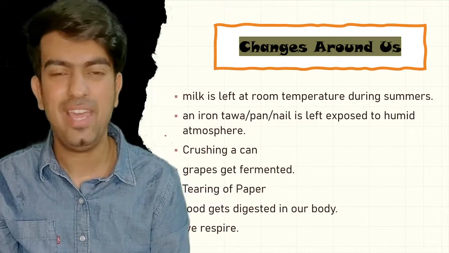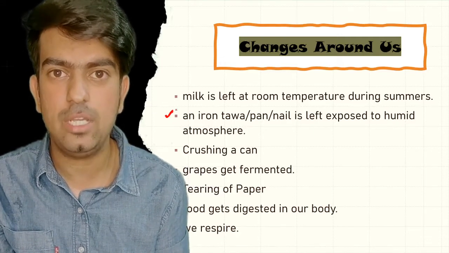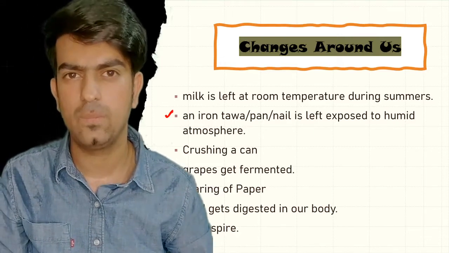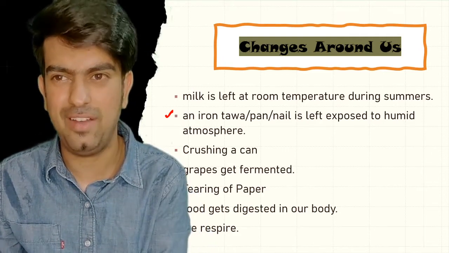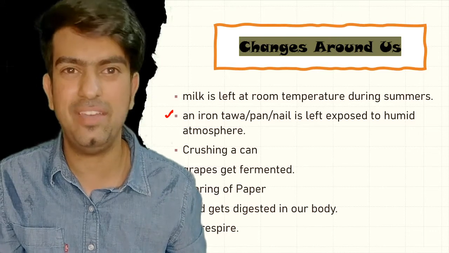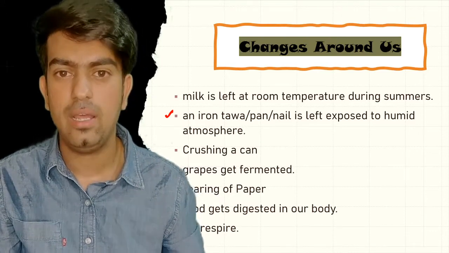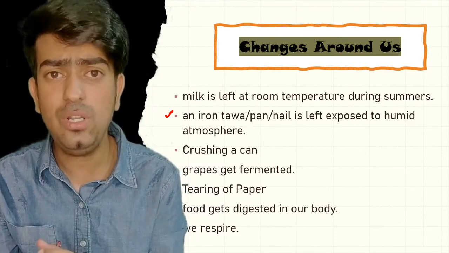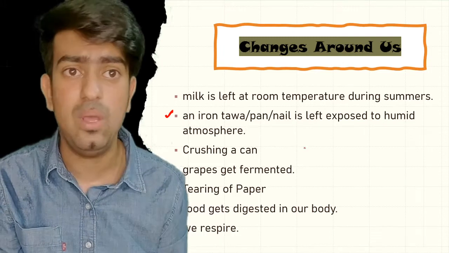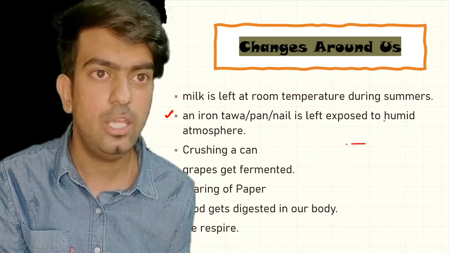Now in the same way we have another example here, and that example is of iron tawa. We might have seen an iron tawa in our house, right? Everyone, okay. So we have iron tawa, we have iron pan, we have nails also which is made up of iron. अगर उन nails को, अगर उन तवा को मैं क्या करूँ, I am going to expose it in the humid